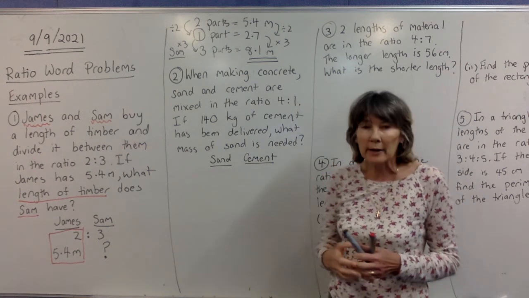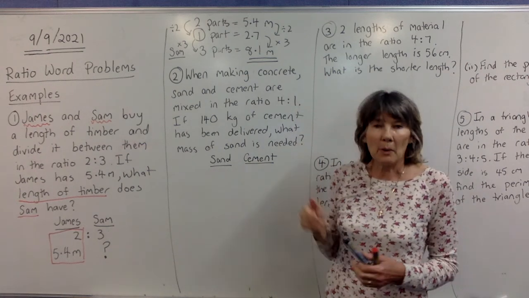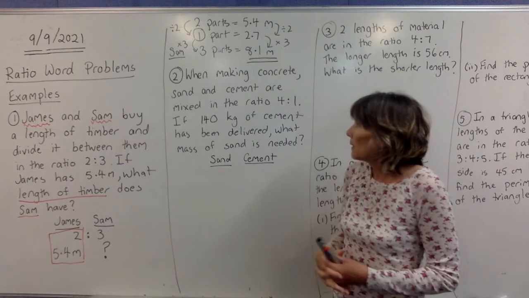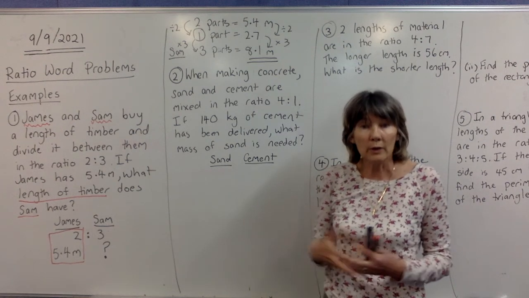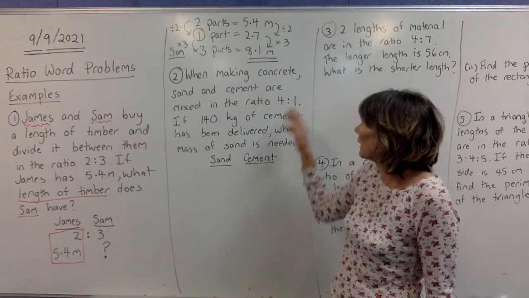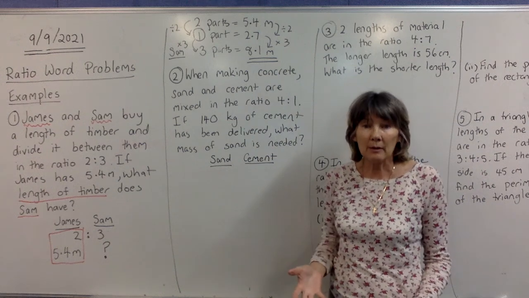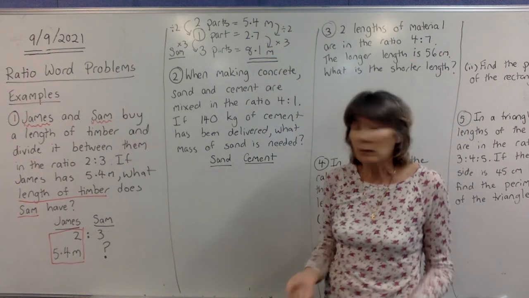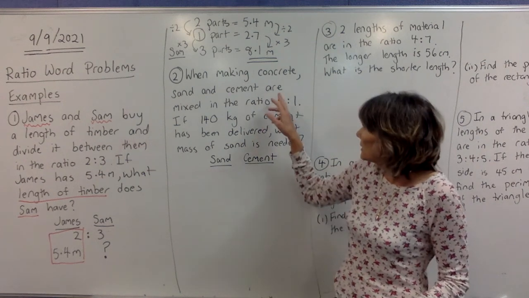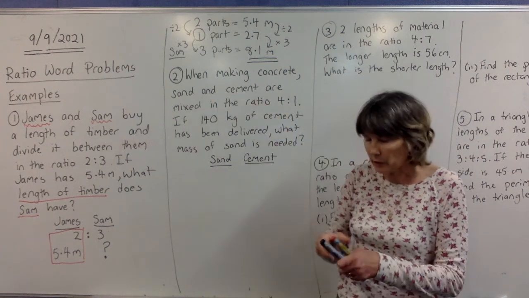All right, so let's try another one. This one's a really popular question because it's actually true. This is the ratio that they use. If you were wanting to concrete a footpath or your driveway or something like that, they need to make the concrete. And what makes the concrete is sand and cement mixed together. So sand and cement, those two things,